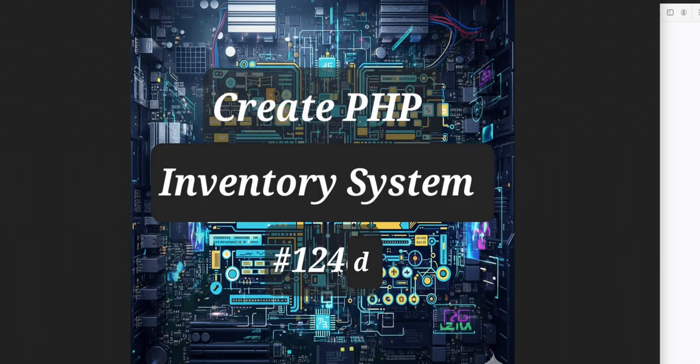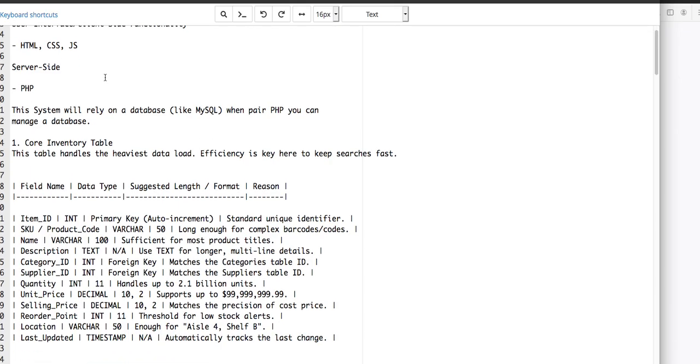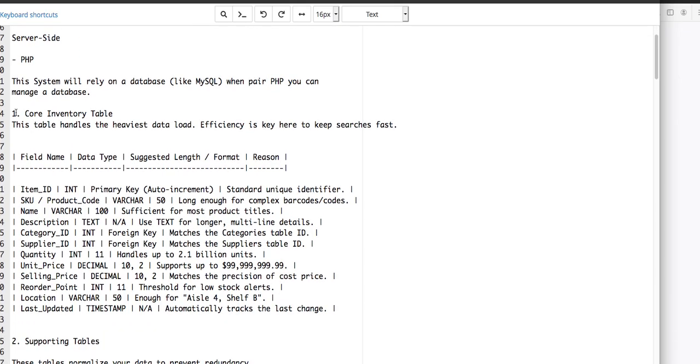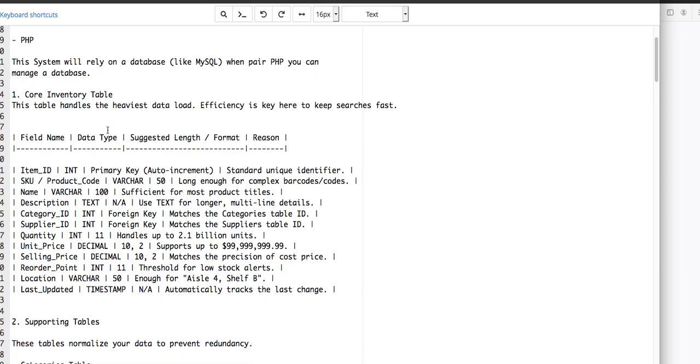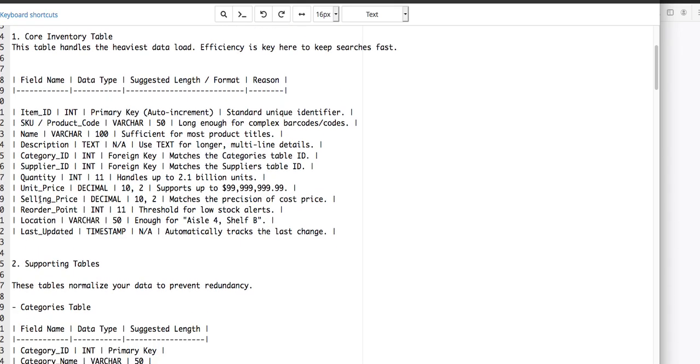Still want to keep going with the inventory system theme. I'm going to build it all out. In the last video we talked about the actual inventory system. Remember, we did that, this would be the user interface. We broke it down. Then it had this one. Now I took the liberty of fixing it up better. So this would be the core inventory, right? It was going to have more